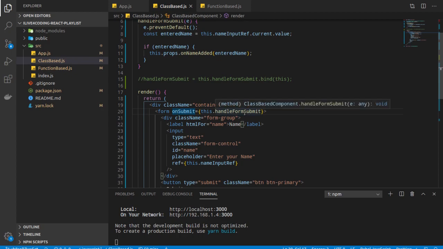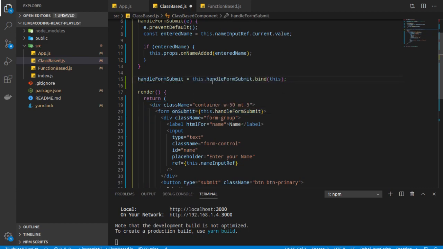So now how to set a particular and fixed context to this function? We all know about bind, call and apply, right? So we will be using bind here. I'm just overwriting this function and updating it with this dot handle submit, meaning this function dot bind this, meaning I have now bound this function statically with the current context.